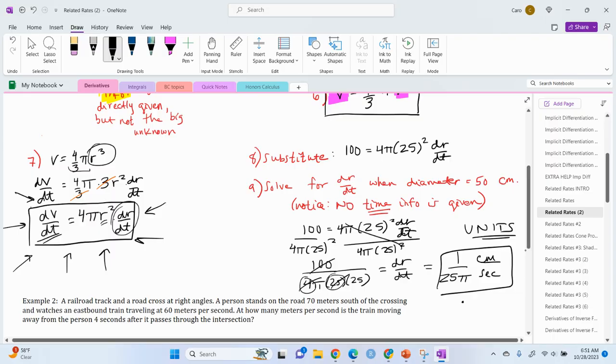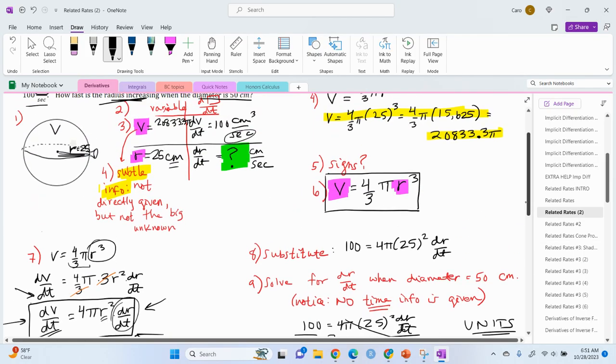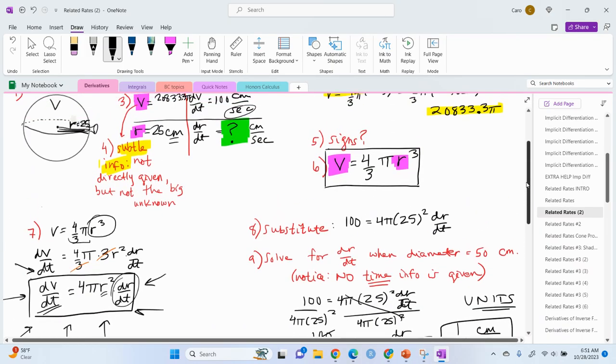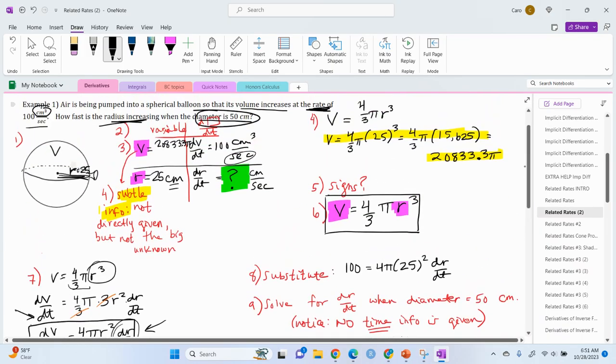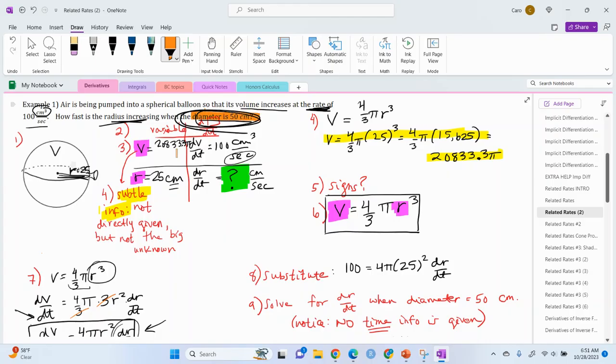And if you want a decimal, like if it's easier to think about what this number is, so 3 decimal places would be this. So very slowly, 0.013 centimeters per second. That's how quickly this radius is changing. The radius is changing at 0.0127 centimeters per second at this moment in time when the diameter is 50 centimeters. So they didn't give us an actual time here, but the way you stop this is whenever the diameter is 50